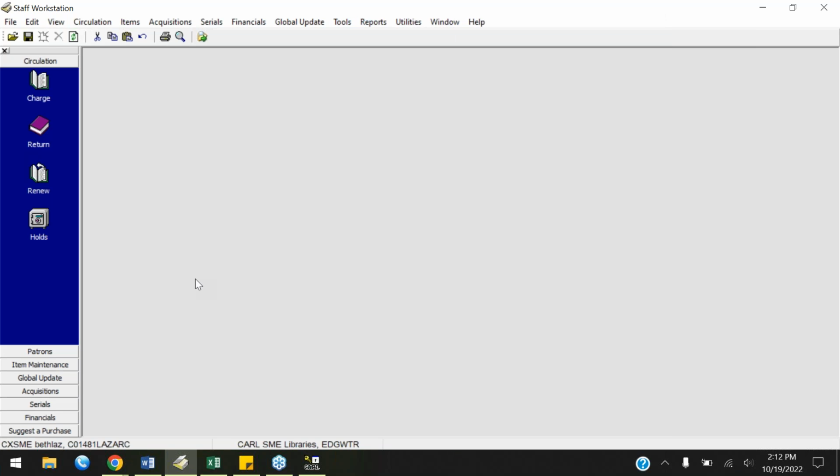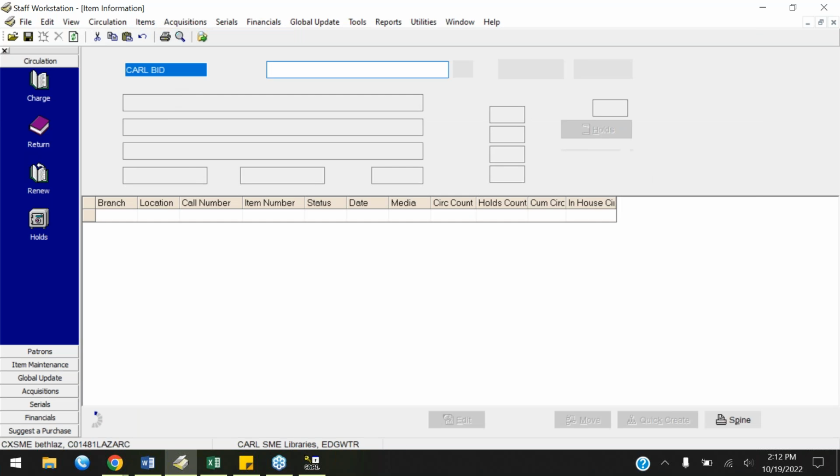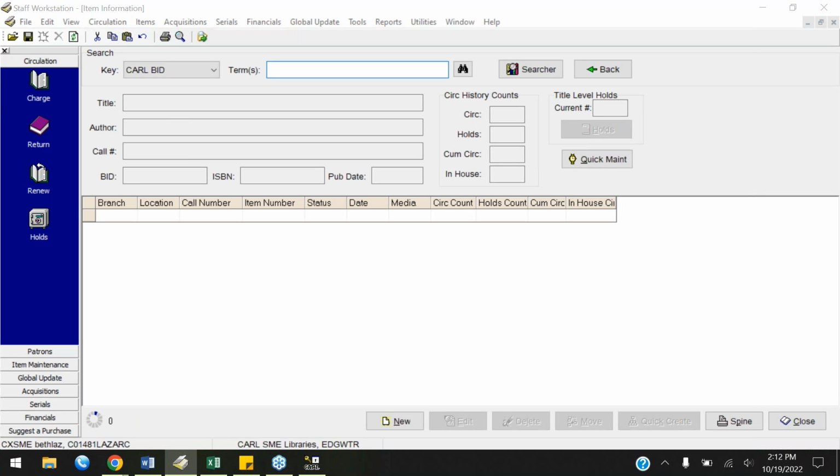Let's talk about a couple of improvements that were made in item information in CarlX, and then I will hand it over to Jessica to show you Carl Connect Staff 168. So we've made a super helpful improvement to our searching functionality in item information. So when we search by a BID in item information,